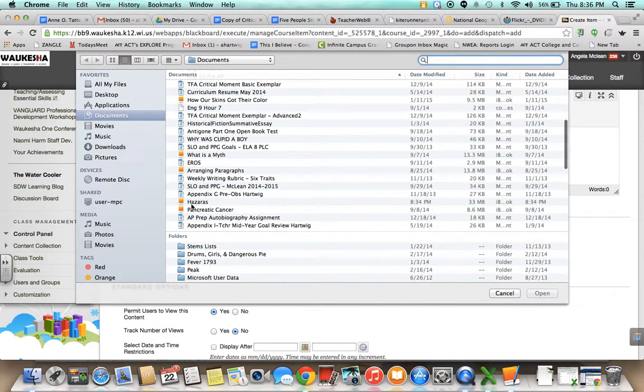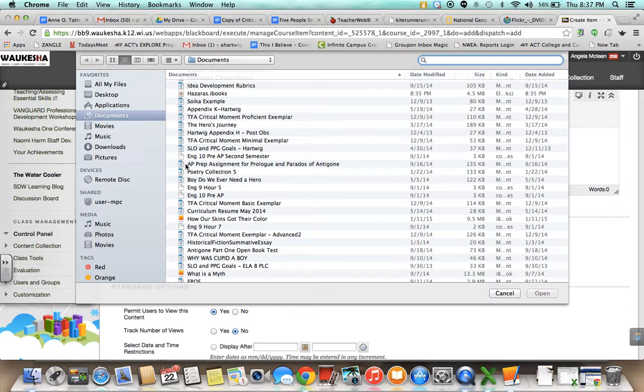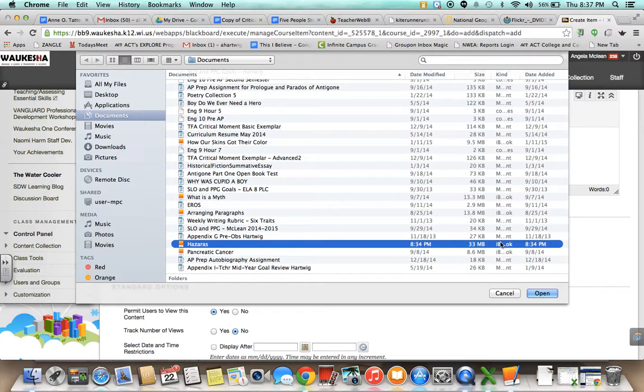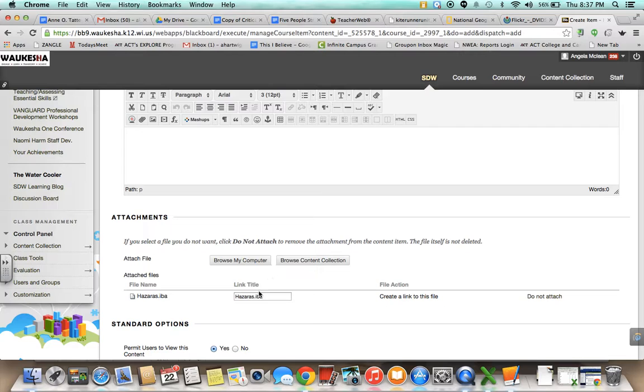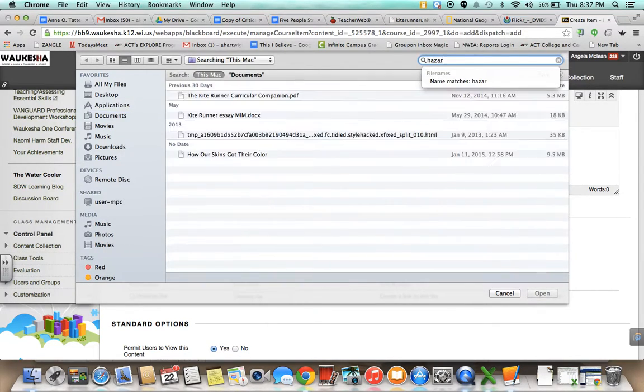Now under attachments, I hit browse my computer, and if I type in Hazaraz, I'll find it. Also, you'll notice that the iBooks have really bright icons, so you can see the different iBooks that I've got here. This is an iBook over here, so I'll hit open. And you'll see it's called an IBA. I'm also going to add another file, and I'm going to find the Hazaraz PDF,